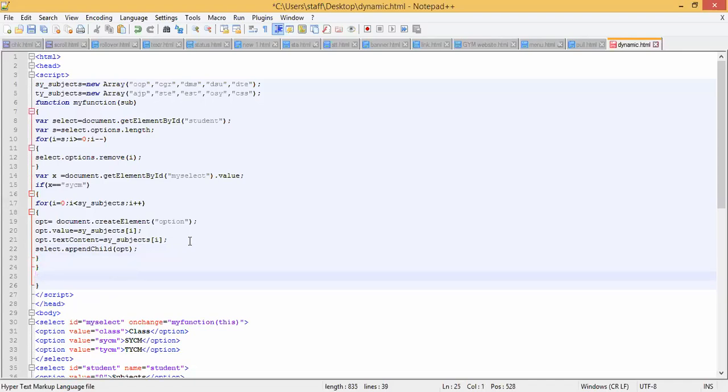Then the else part we will continue of if else, if we selected TYCM. Okay, if x equal to TYCM,